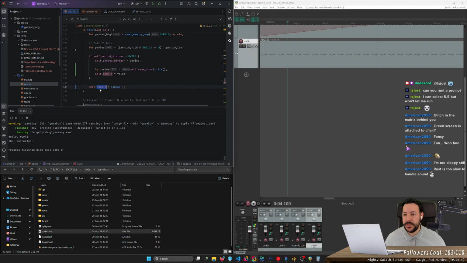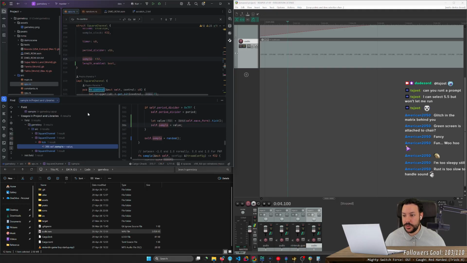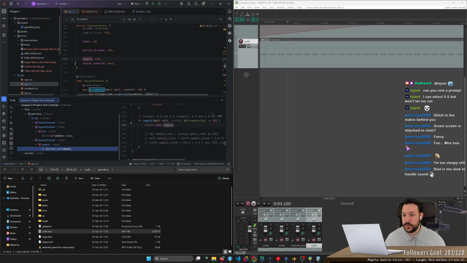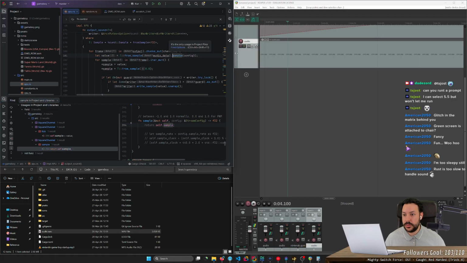So the issue is this: if sample is being updated 1 million times a second, if we check where it's used, it's returned to the sampling of the actual audio file, which is this.